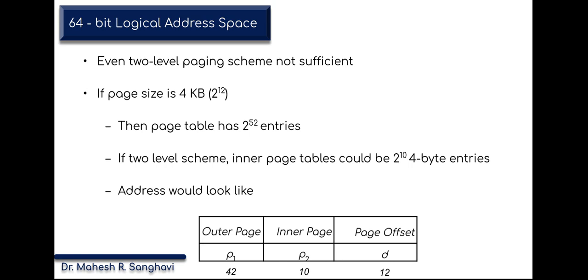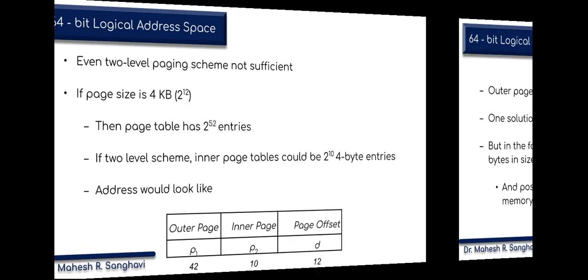If we consider a 64-bit logical address space, then things can be taken in a similar way, and here you can understand that P1 will be 42, and the rest will be as it is, like P2 will be 10 and D will be 12. This will help us generate more entries, so the entries will be 2 raised to 52 entries, which can be generated by just converting the space from 32 to 64.